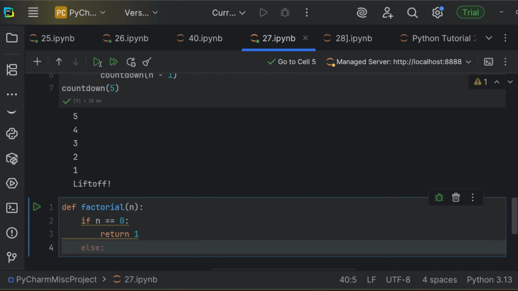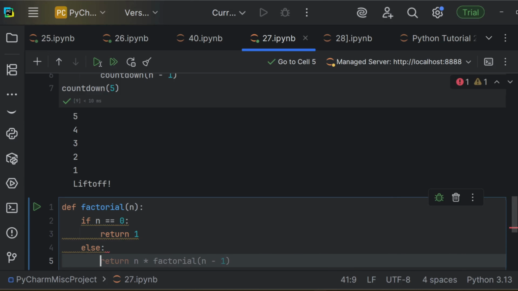Now, what if the user actually entered an actual value? Else, factorial is basically you take the number, let's take 5, you subtract 1 from it to get 4, 5 times 4, subtract 1 to get 3, 5 times 4 times 3, subtract 1 to get 2, 5 times 4 times 3 times 2, subtract 1 to get 1, 5 times 4 times 3 times 2 times 1, which is equal to 120.